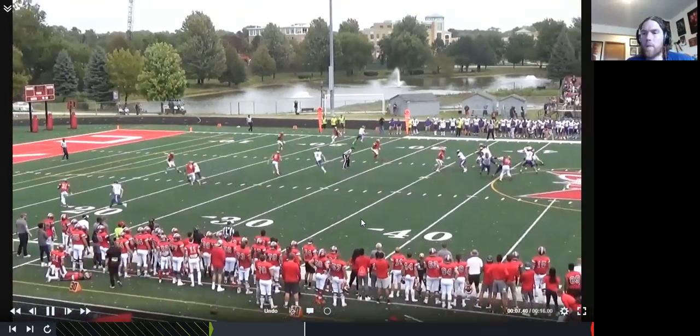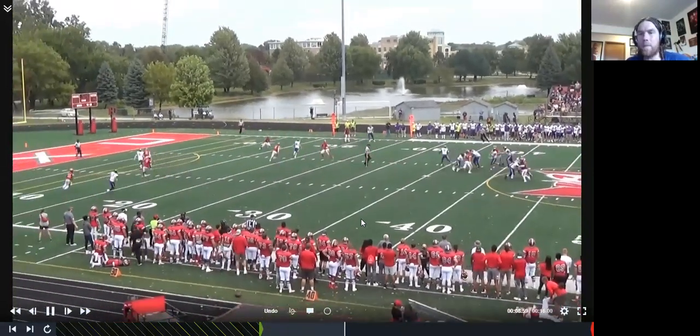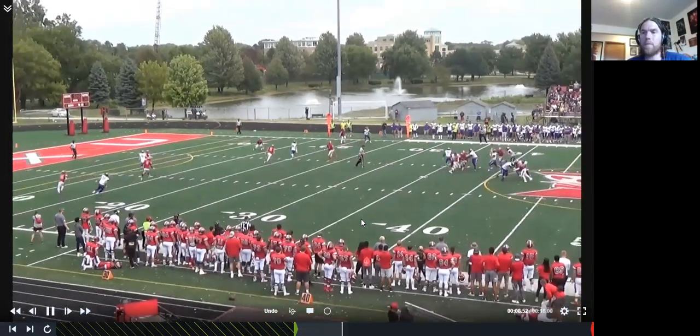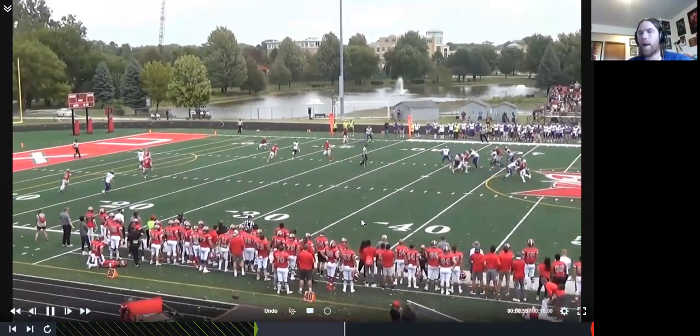Now, what I want to talk about right here is how Max stays loaded. Now, is he climbing maybe too far? Maybe. We talk about if you're in the pocket, you've got to be able to work within a phone booth. Small steps, trail leg leading, always ready to throw at any moment. So right here, as Max is climbing, he probably is pushing too far up in the pocket,